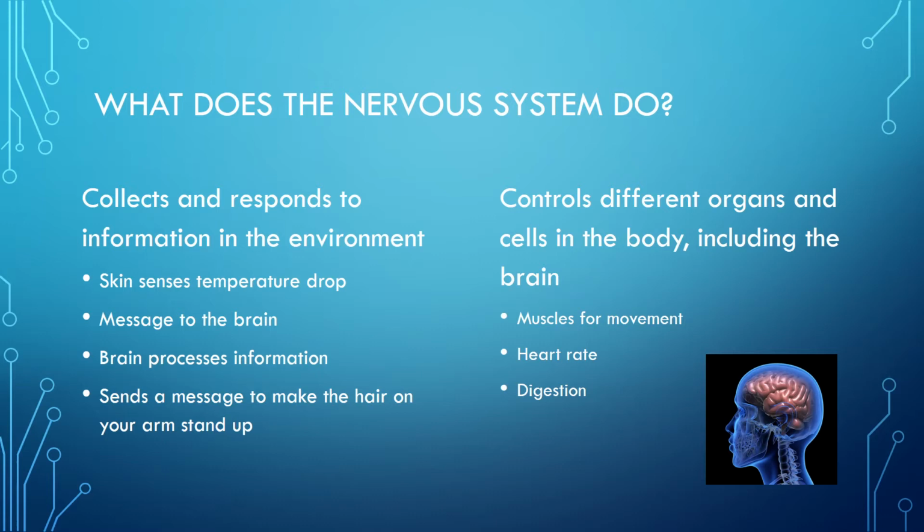So a practical way of looking at that is the temperature goes down. Your skin senses that there's been a temperature drop, and the nervous system that ends up in your skin sends a message up to the brain. The brain processes that sensory information and then sends a message back out from your brain to your skin to make the hair on your arm stand up, so it traps a layer of air,